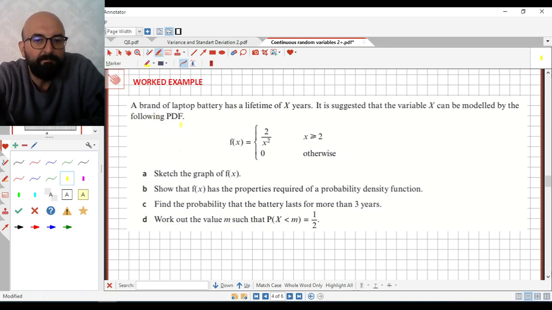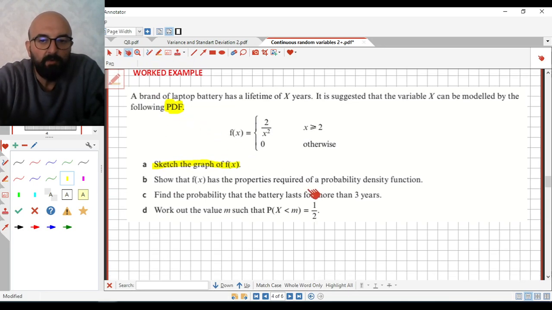A brand of laptop battery has a lifetime of X years. It's suggested that the variable X can be modeled by the following PDF. They give us the function, and we should sketch the graph of f(x). Okay, now